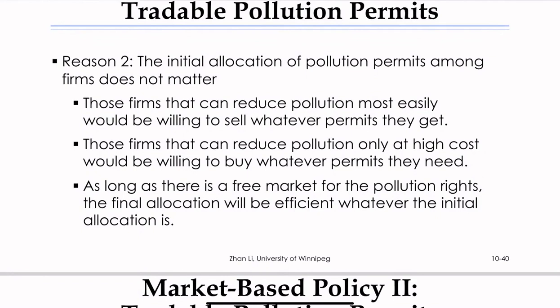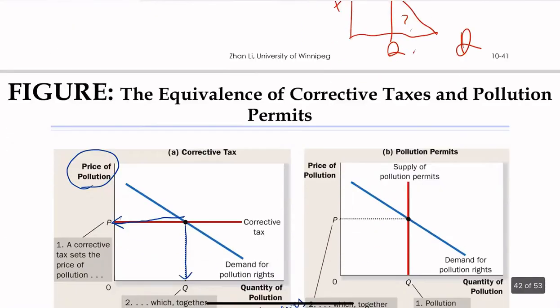And then let's assume you would allocate the pollution permits equally between different firms. Again, you can imagine that those firms which can reduce pollution more easily will be willing to sell, right? And those firms which can reduce pollution at a higher cost with worse clean technology will be happy to buy permits from other firms. So in the end, if the firms can trade with each other through transactions, the tradable pollution permits will be allocated optimally, right? So the initial allocation is not important. Okay,